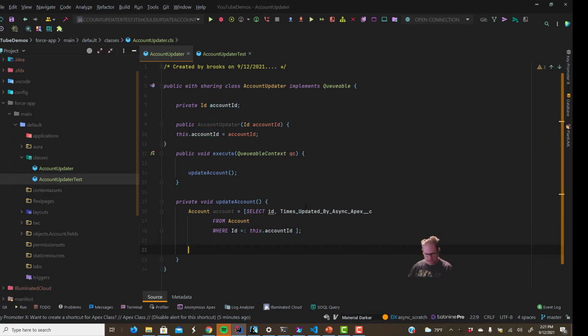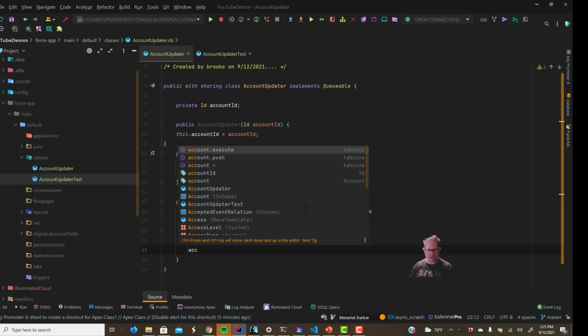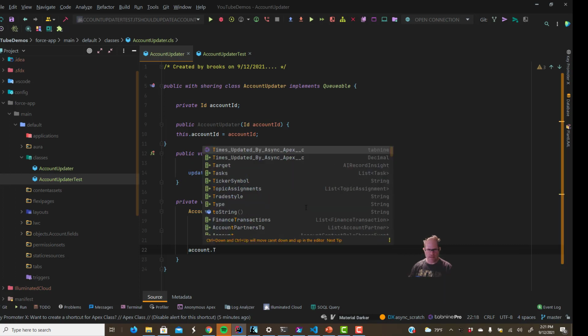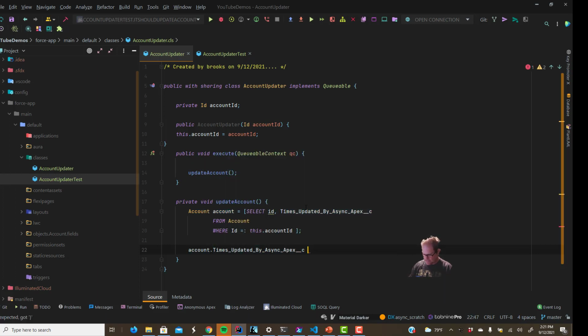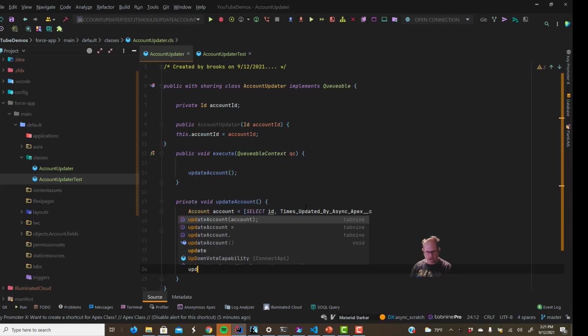And for today, we're going to keep this as simple as possible. And then we're going to say account dot times updated by asynchronous apex plus equals 1. And then we actually are going to have to do some DML, right? So update